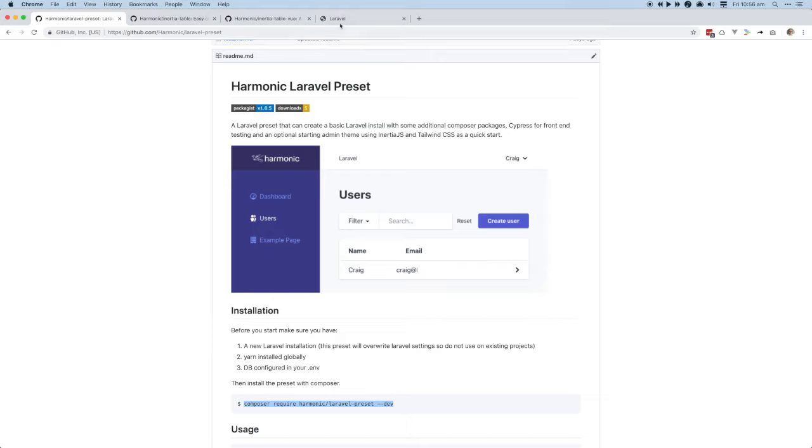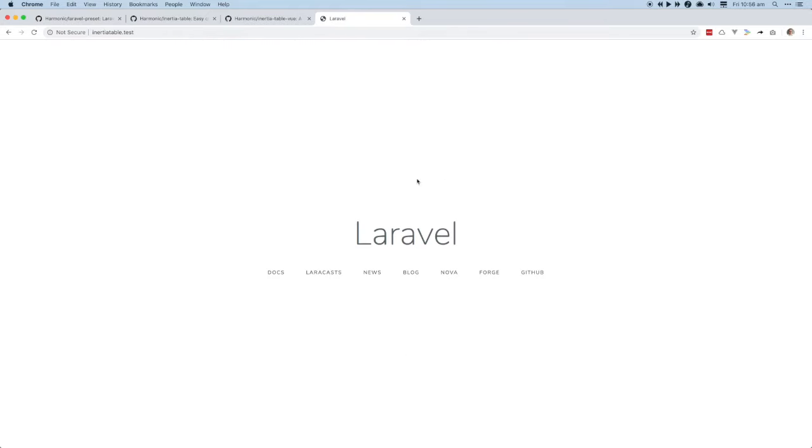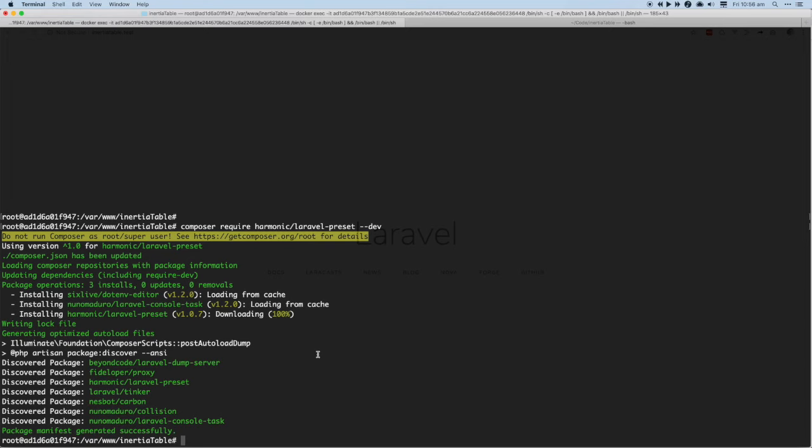Okay, so we've just installed the Laravel preset into a fresh install of Laravel. If we currently go to the site, you can see we've just got the standard Laravel startup page. What we're going to do now is run the preset. So just a note, as we run the preset,